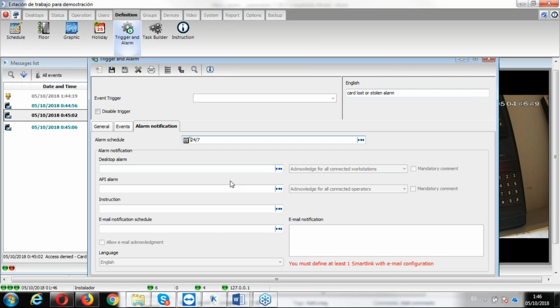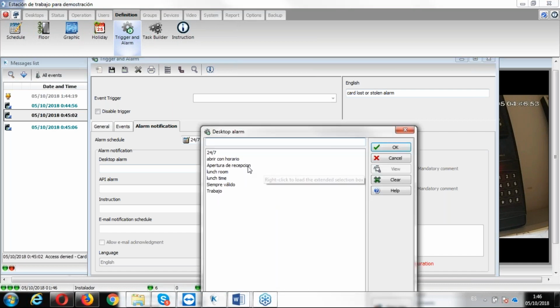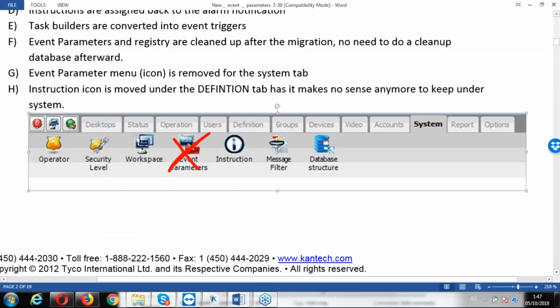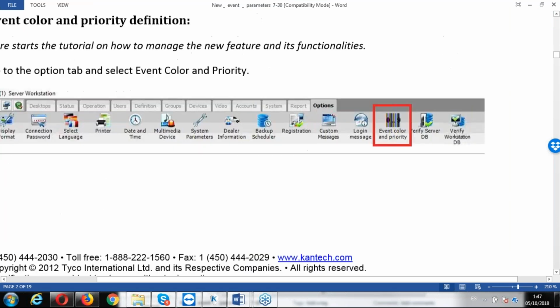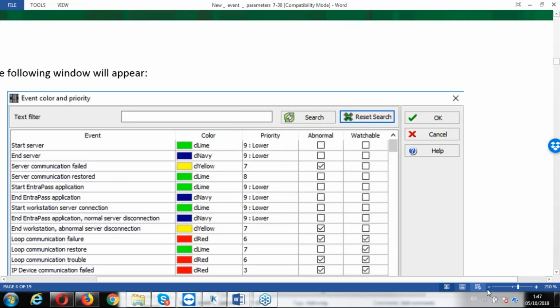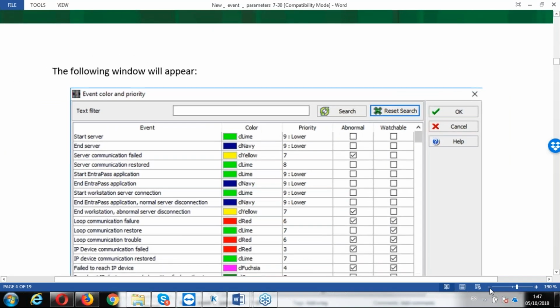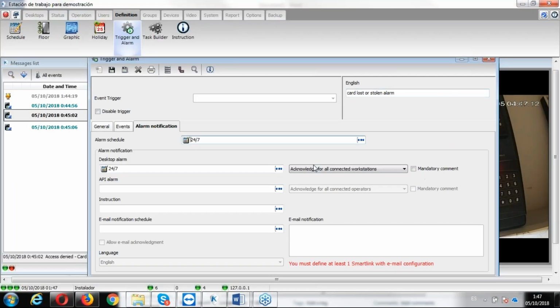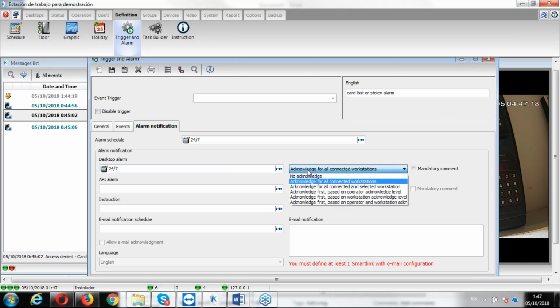I have some other settings there. I'm going to add the document, a PDF, where all the options will be explained. As you can see, there is a lot, because we have added a lot of improvement for you. For example, here I can request that it be sent to all the workstations or